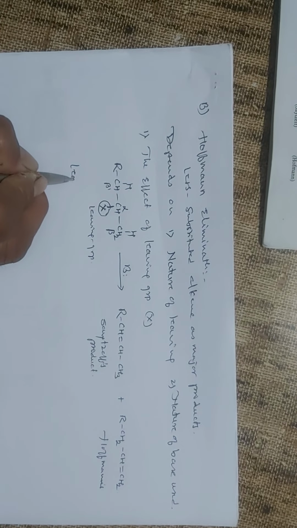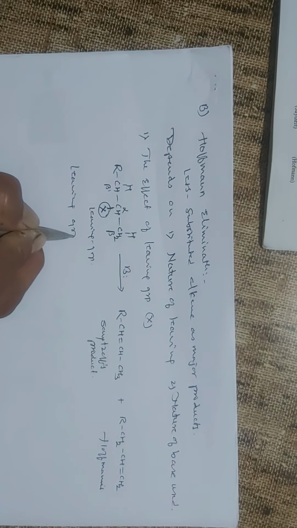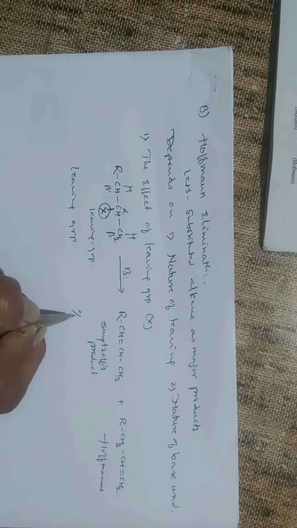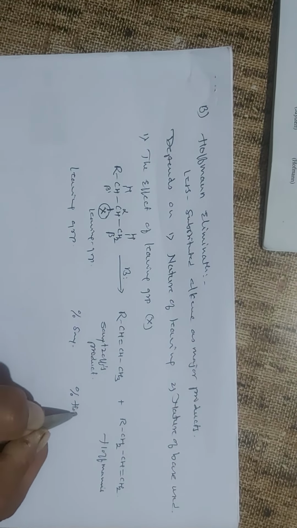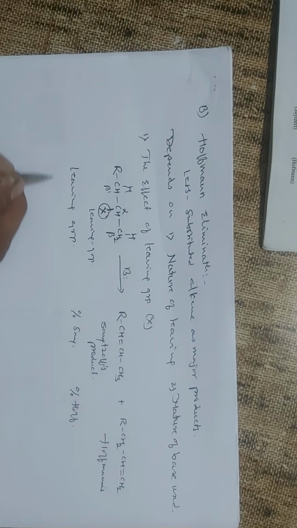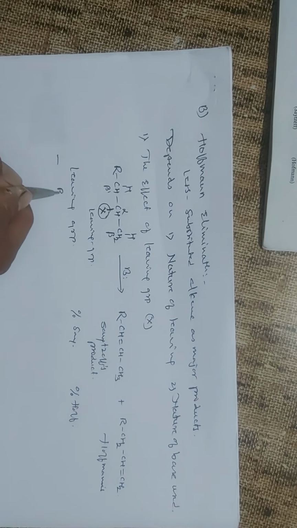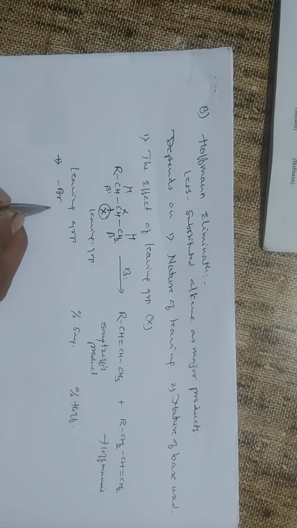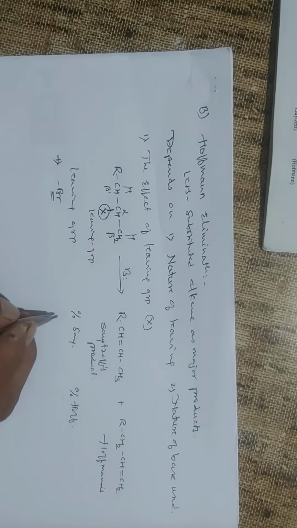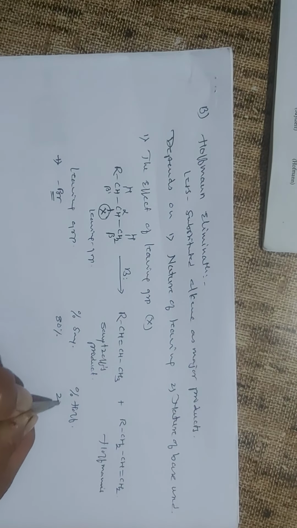Depending on the type of leaving group, the percent Saytzeff's product and the percent Hofmann's product is going to differ. So here suppose we take bromine. Bromine is the first leaving group. The size of bromine is smaller, and so here you will get the major Saytzeff's product